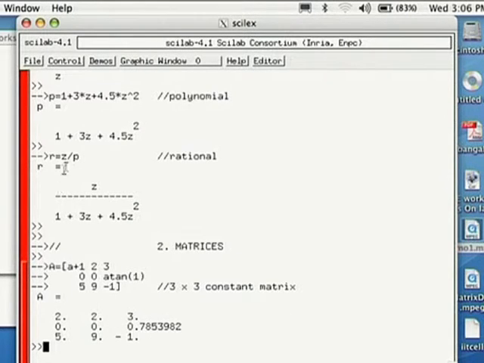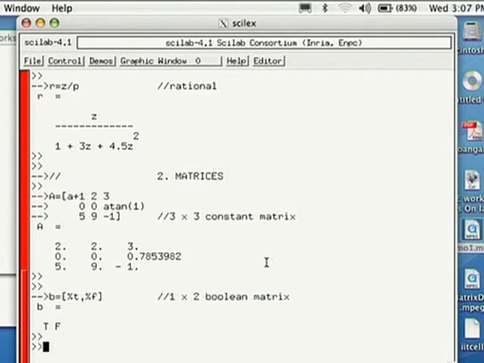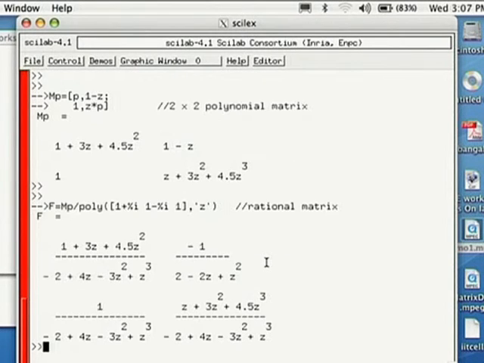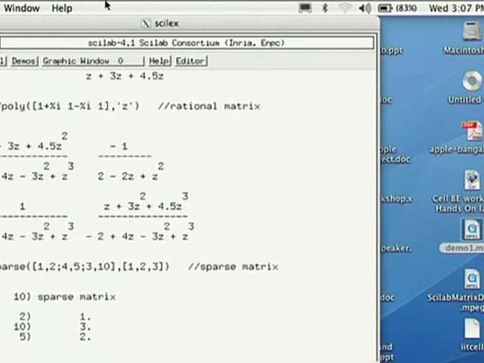Second element is 2, third element is 3. And if you look at the second row, it is 0, 0, tan inverse of 1. Tan inverse of 1, so that's going to be pi by 4, but in radians. So it's going to be 0.785, 59 minus 1, okay? In all of this, note that every time I give a command, it is echoing the results, right? You have to remember that.